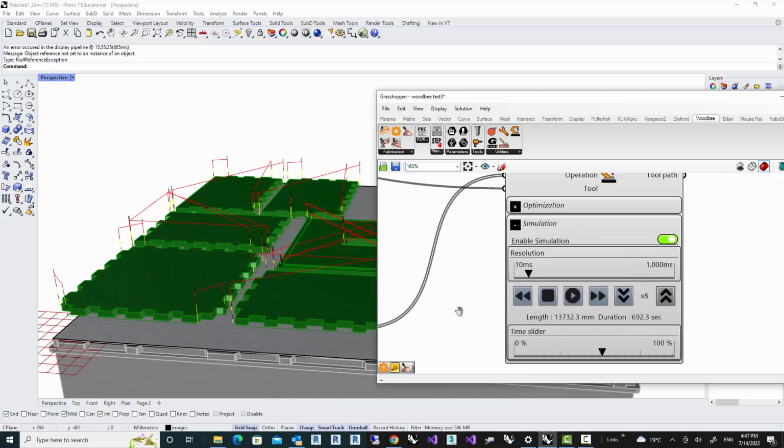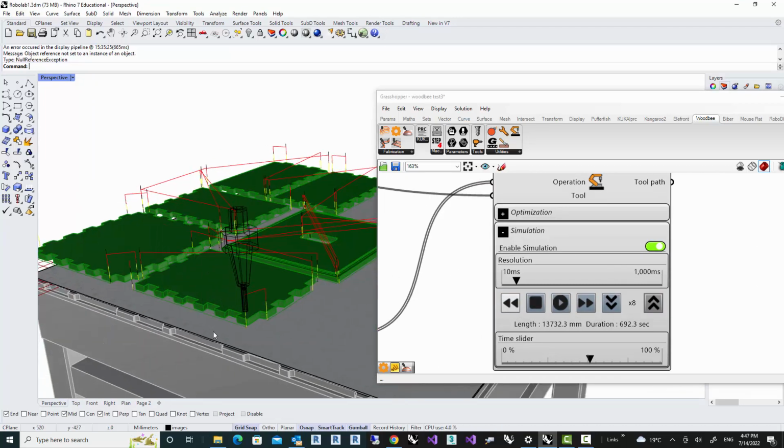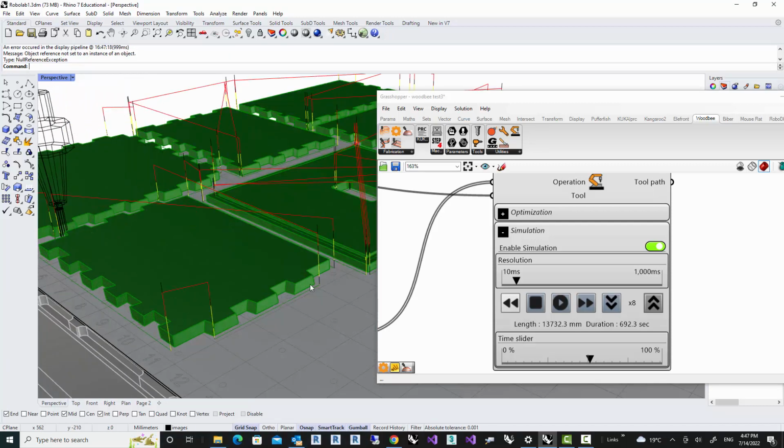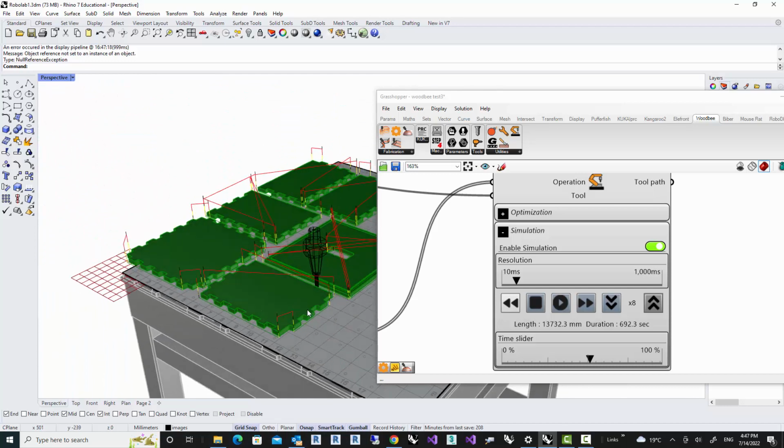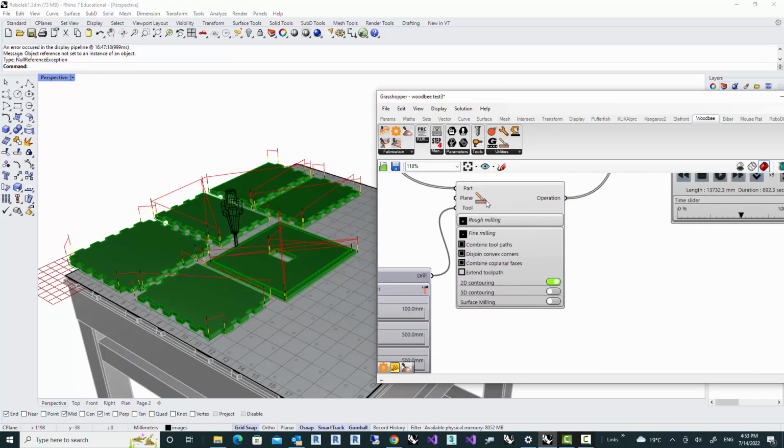And go back to our simulation, and the drill just moves along the faces, in this case these three faces, and then does the milling, and then goes to the next group of faces. Now in the next step, I'm going to copy this component again,